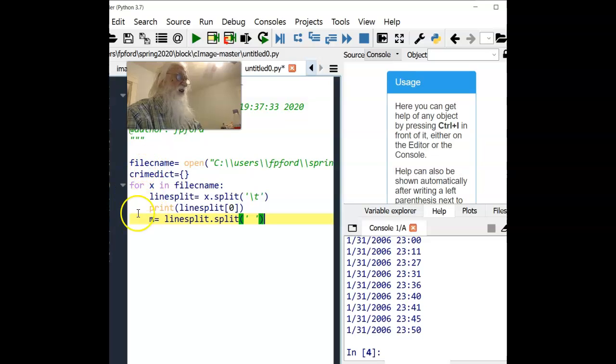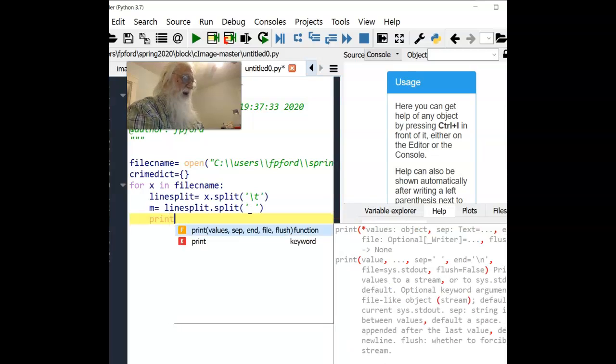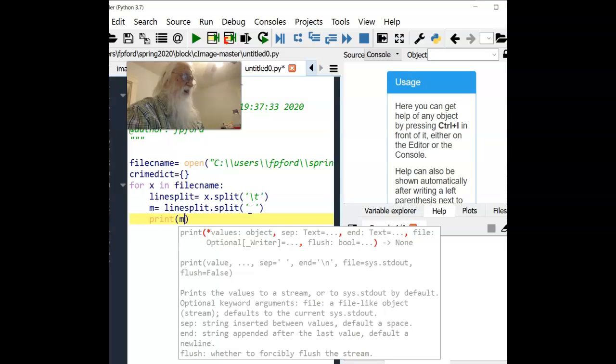And now I can show you that that worked out partially. I'm going to print m bracket 0. And if I run it now,